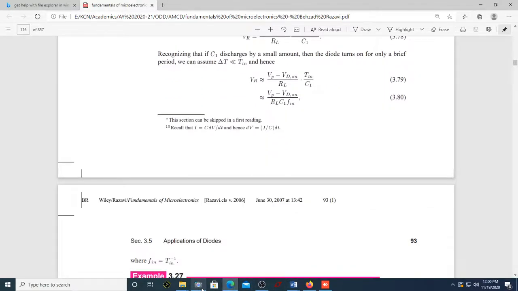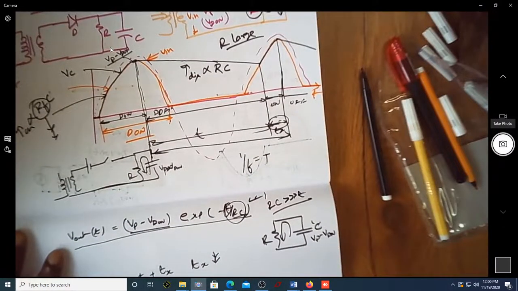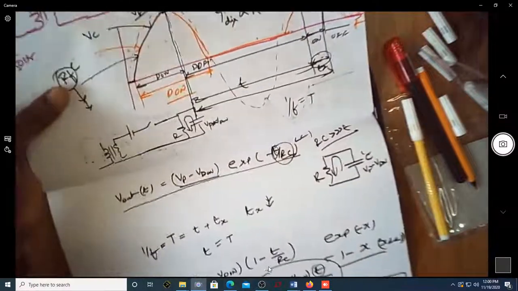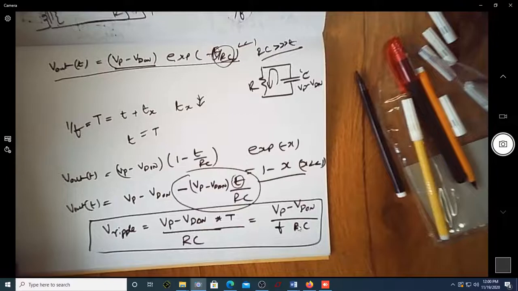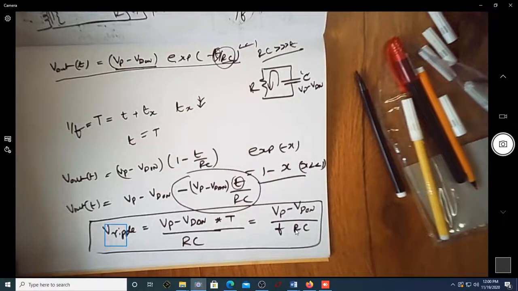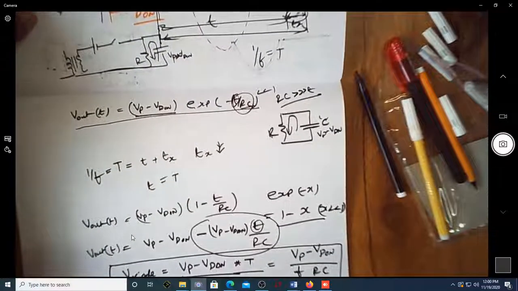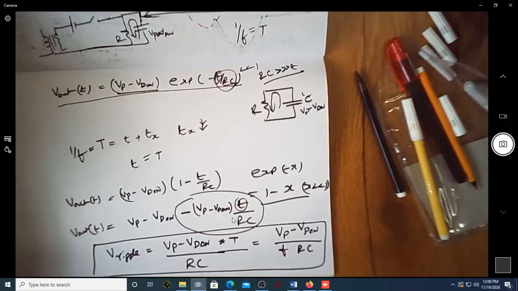This ripple voltage, whatever you have from here to here, purely depends on the value of R as well as the value of C. Suppose you increase the value of C, then what happens to this ripple voltage as per the expression? As the value of C increases, the ripple voltage will reduce. The same thing is true in case of R. Usually if the value of R is constant, you will increase the value of C so that the ripple voltage reduces. Maybe we will do an experiment in the remote lab to understand all these things.